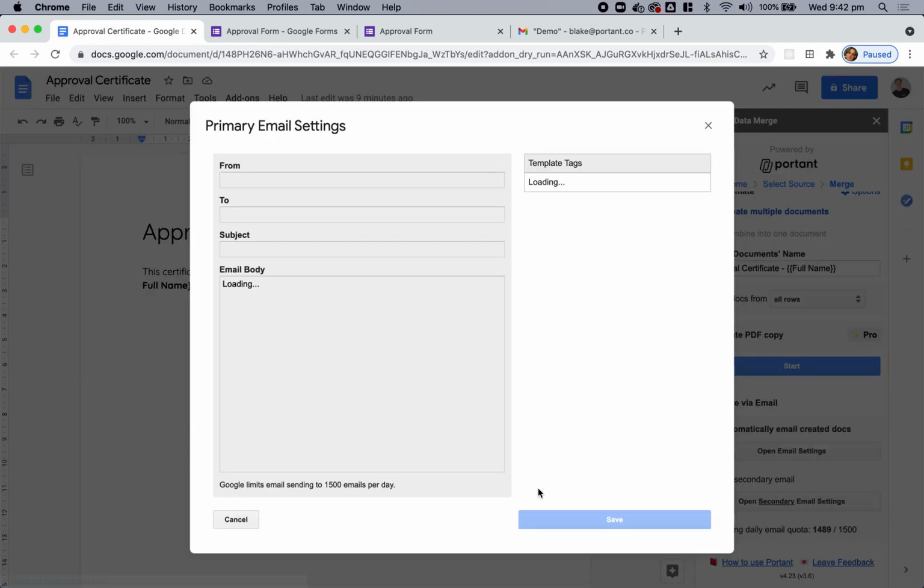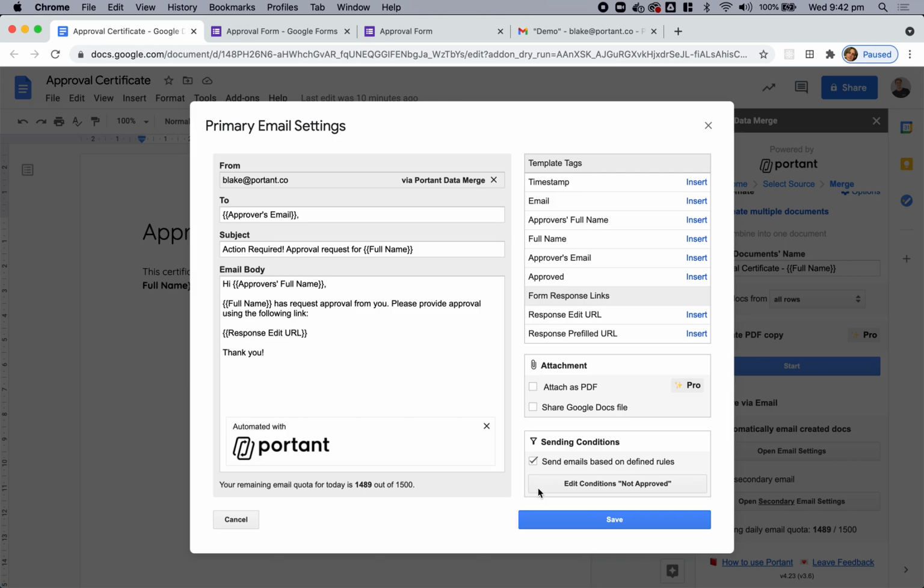We'll go ahead and open the first email. This will be for the condition when the approval has not yet been received. So we can see that in our email we will ask the approver themselves to provide approval for the requester or the person who originally submitted the form. So we can see that we've set up conditions